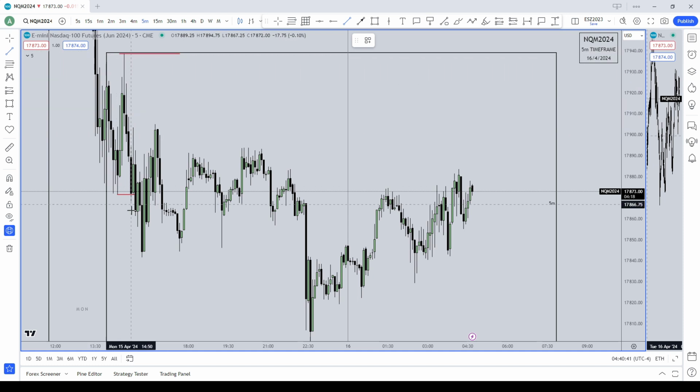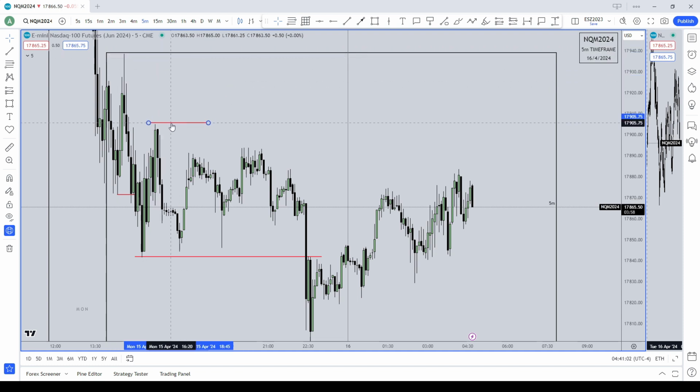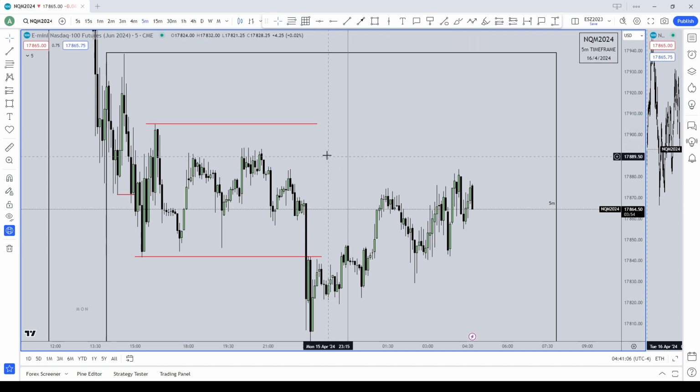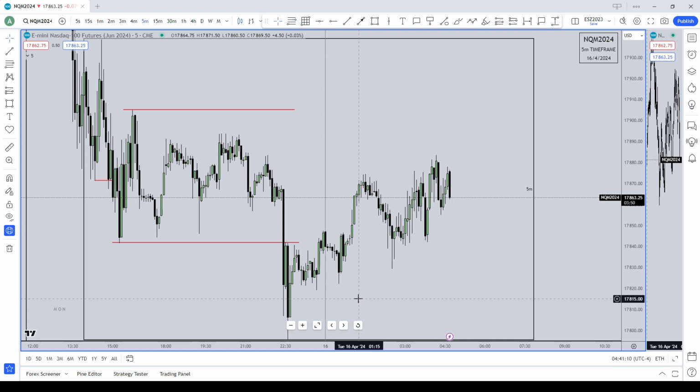That high made a new low, that low made a high, and where we closed below. Look at that. This high made a new low. Look at that. And if we closed below,